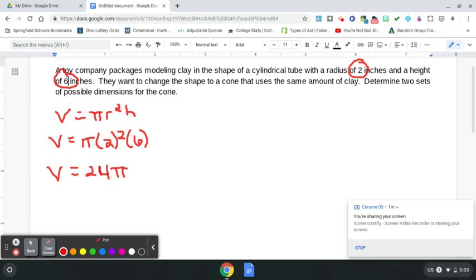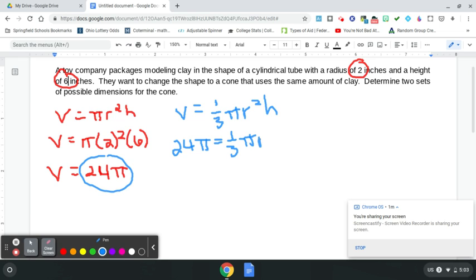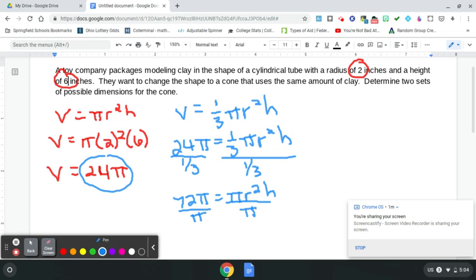So now we convert that into a cone, but we need to have the exact same amount of clay. The formula for the volume of a cone is 1/3 pi r squared h. I need the volume to be the same, so I plug in 24 pi equals 1/3 pi r squared h. I'm going to divide by 1/3. Dividing by 1/3 is the same as multiplying by 3, so that gets me 72 pi equals pi r squared h. I'm going to divide by pi to cancel that out,